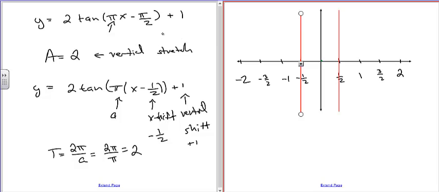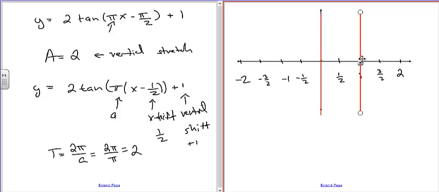But what we're doing is we're shifting this thing a half unit, and it's actually not minus a half, it's plus a half, because it's x minus h, so that's plus a half. So what we're going to do is move these half a unit to the right,